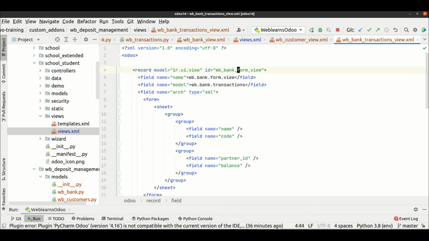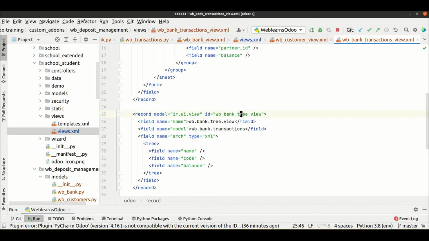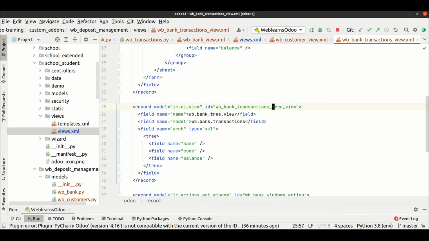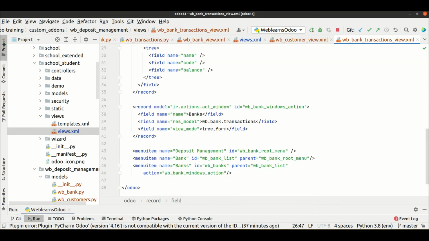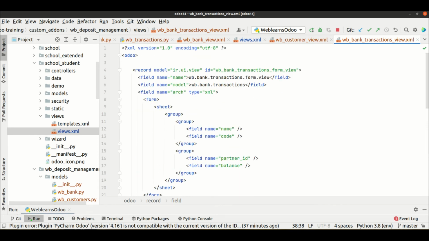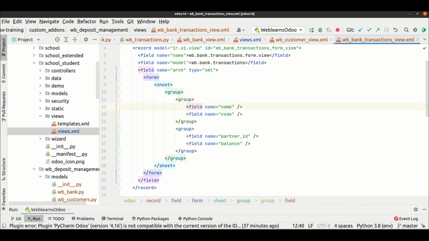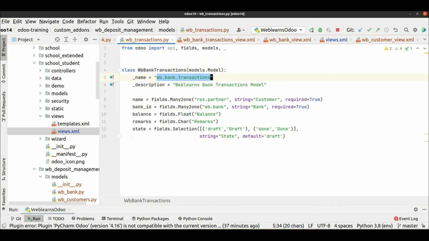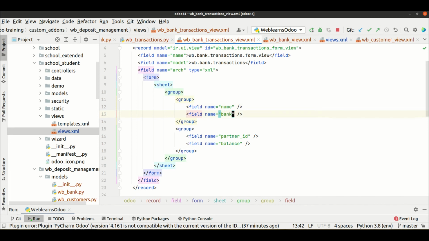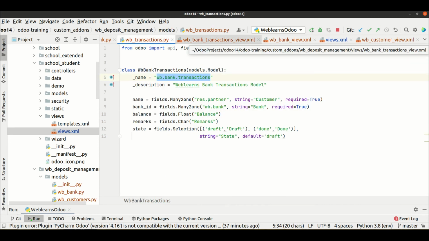Okay, and here transactions. So here we have to provide a specific field name, like let's say name, bank_id, then after balance and remarks,